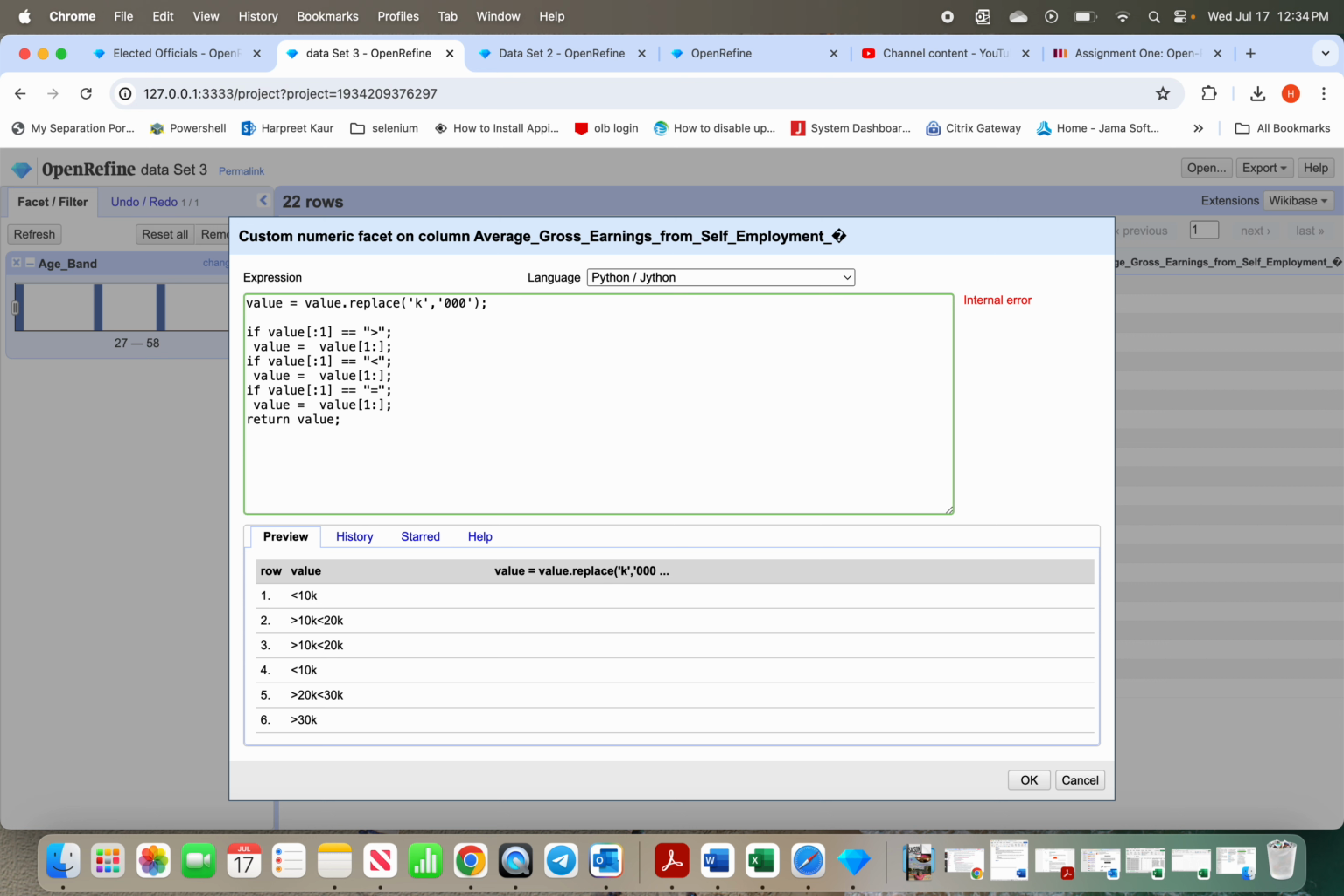Now we've got to a point where we want to start working with the different numbers and putting them into different variables so that we can convert them into numbers. So we're taking